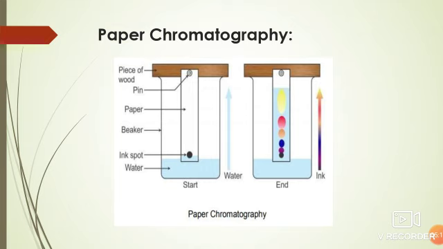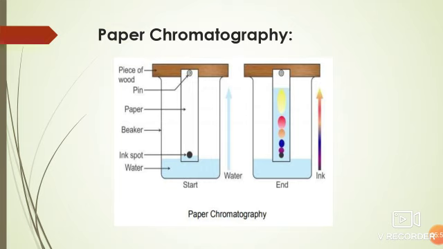So what can you do to perform it? First of all, take a small volume of a solution, as a mixture to be separated, place a spot on a paper strip, and allow it to dry. Then place it in a chamber which contains a mixture of distilled water and some isopropyl alcohol. After some time, the solvent moves through the paper. Then you will observe the components of the sample separate.